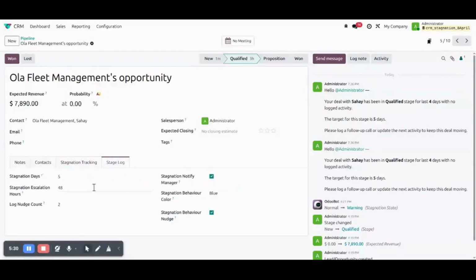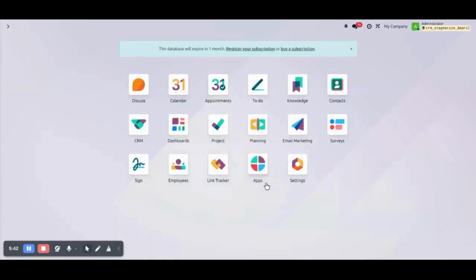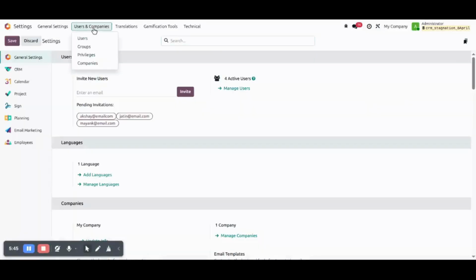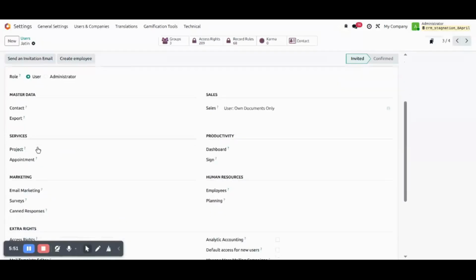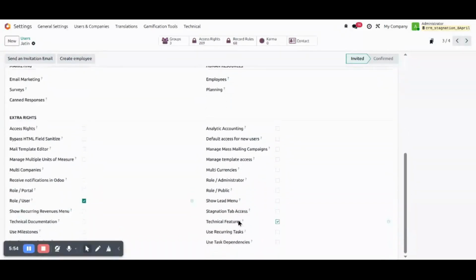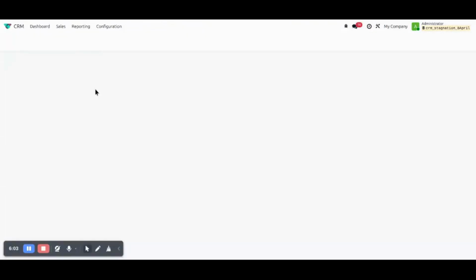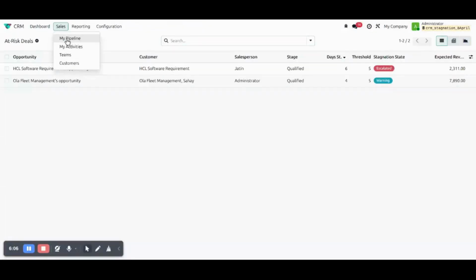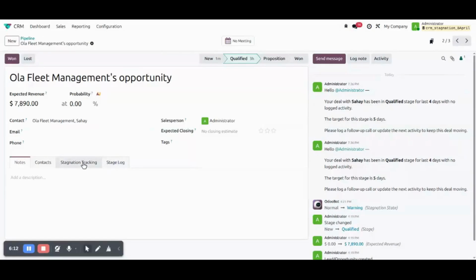And stage logs, this section will be visible for the managers and the users who have the access for that. For giving this access we have to go to the settings, then users and companies, then users. Here we have to select the user, and inside the extra rights section we have to enable this stagnation tab access. Once we enable this, these two fields will be visible,